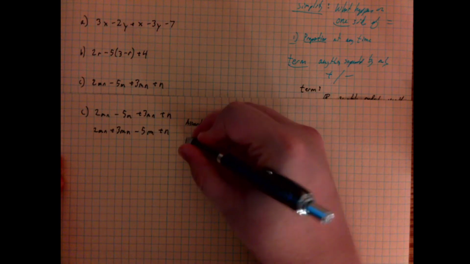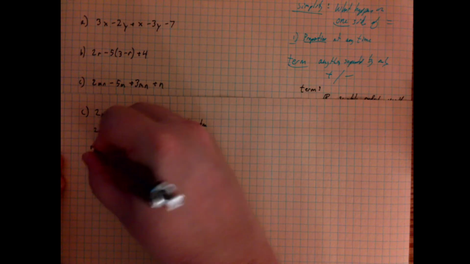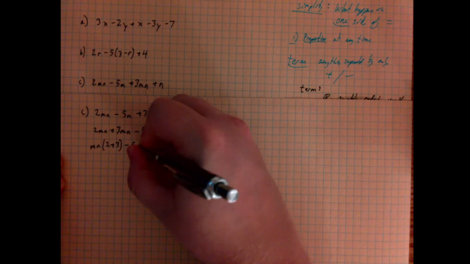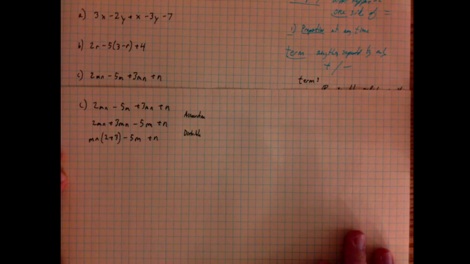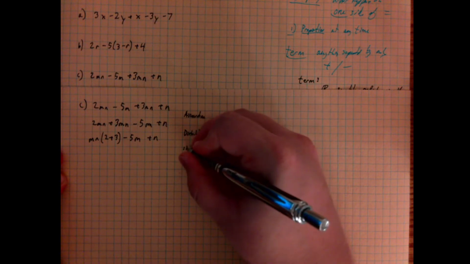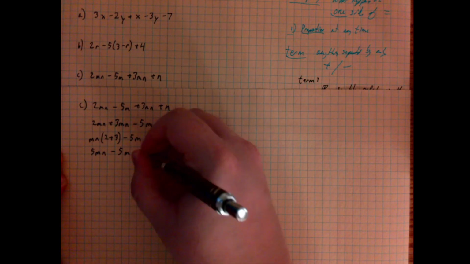Notice that just like on the previous problem, parts may factor or distribute and parts may not, and so you have to be aware of those things. So now I'm going to distribute slash factor, allowing me to take an m and an n out of both pieces: mn, 2 plus 3. There's nothing to factor out of these two, so I'm going to leave them that way. Now from here, I'm going to simplify, and of course put it in the correct order. So 2 plus 3 is 5, so I'd have 5mn minus 5m plus n.